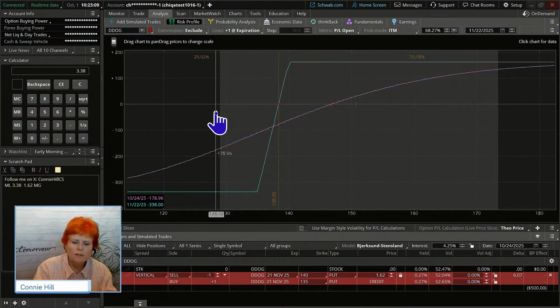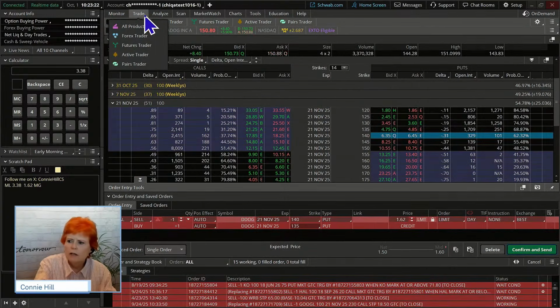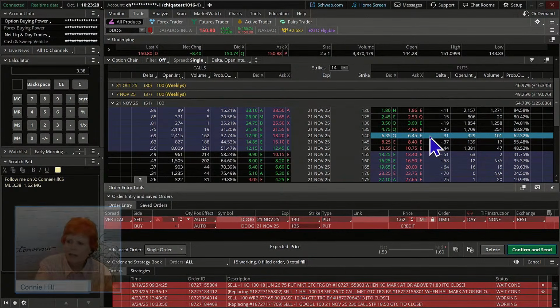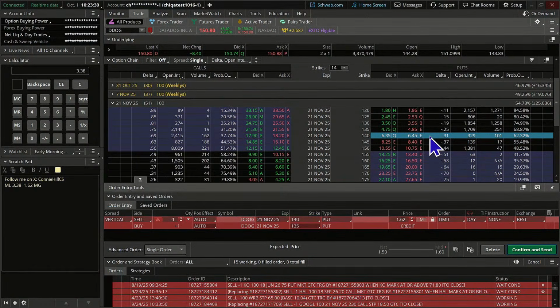But I do want to answer some of these basic questions that are coming in for those of you that are just seeing this for the first time. So I want to make sure we catch those. What's the ideal delta in this type of a trade, says JD? Well, back on our trade tab, we ended up selecting a 31 delta, and a 30-something delta can be pretty common for people.